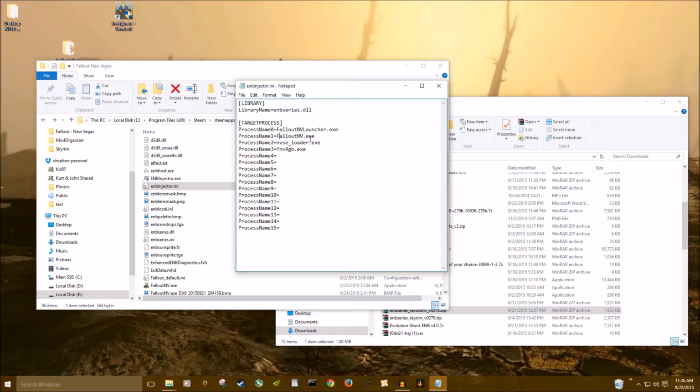Some people have a problem, and I did before too, where if I run Fallout New Vegas 4GB while the ENB injector is open, it'll run this, then this process will scan and not find Fallout New Vegas running, so it won't run. Then this would open Fallout New Vegas, and for some reason the injector wouldn't recognize that it opened. But when I put this in here, Fallout New Vegas 4GB, it would recognize that's in there,